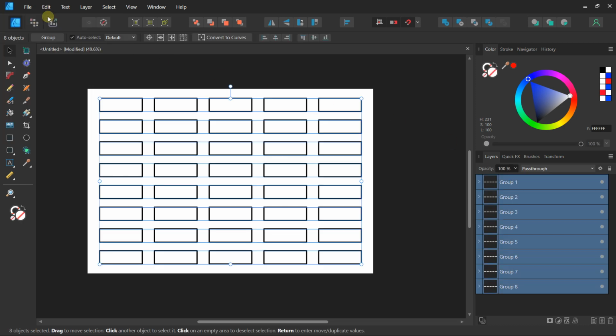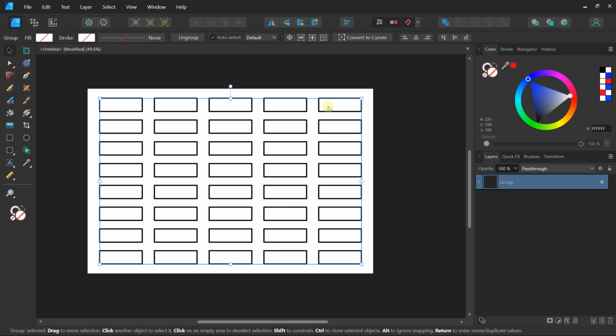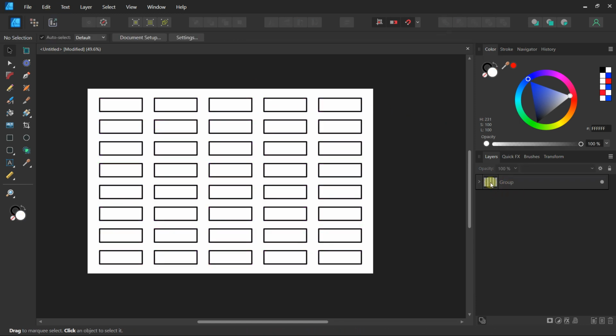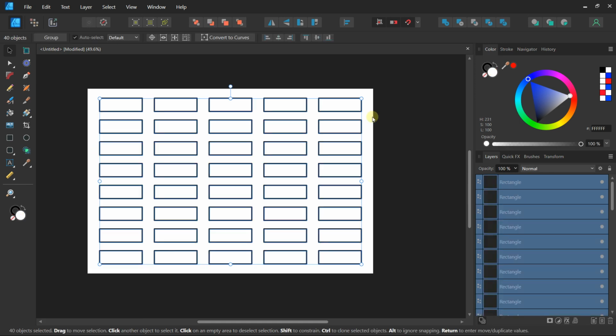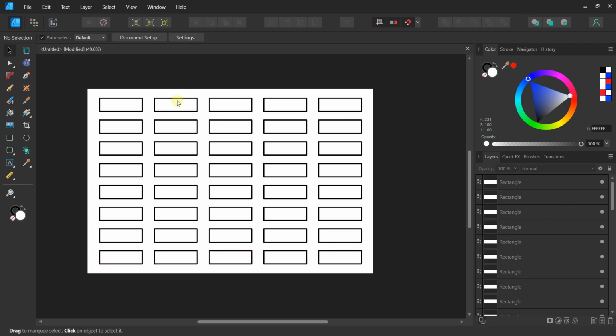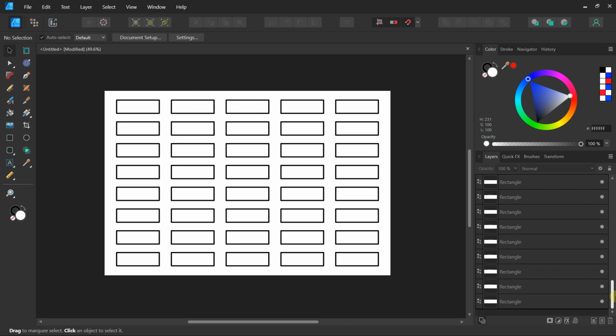But if I decide to ungroup everything, I can click on my groups, right click, and select ungroup all. This time all the groups will disappear, and now I can see all my rectangles. So I have 1, 2, 3, 4, 5, 1, 2, 3, 4, 5, 6, 7, 8. I have a total of 40 rectangles, and in this case, I don't have any groups.